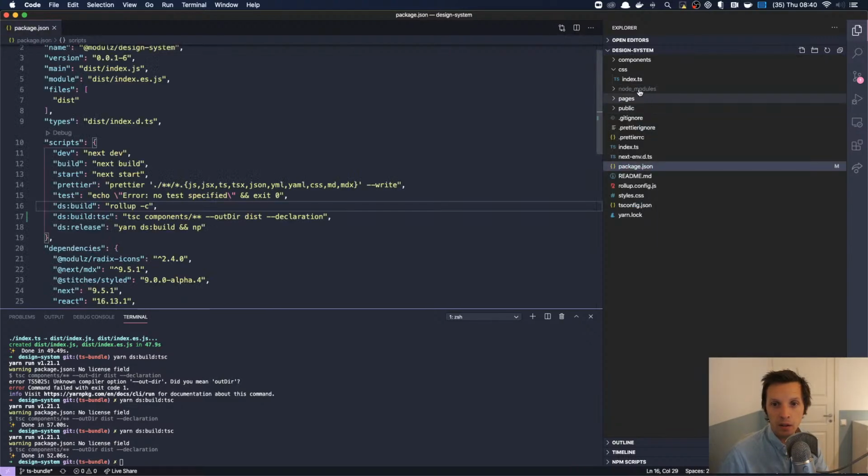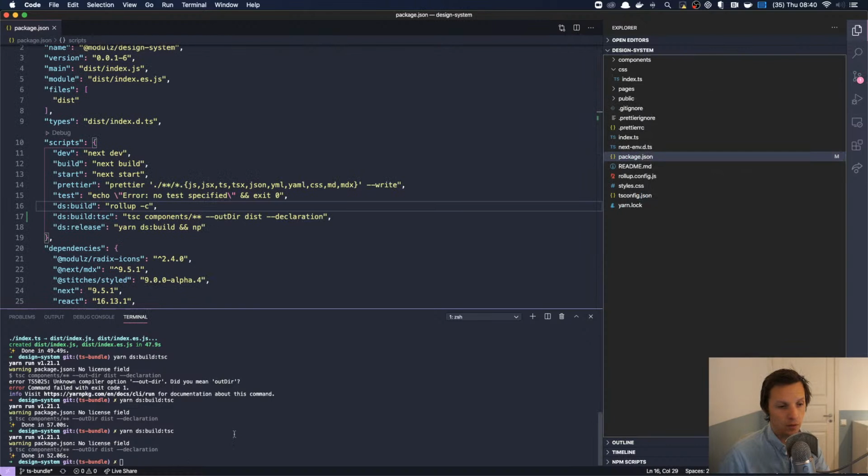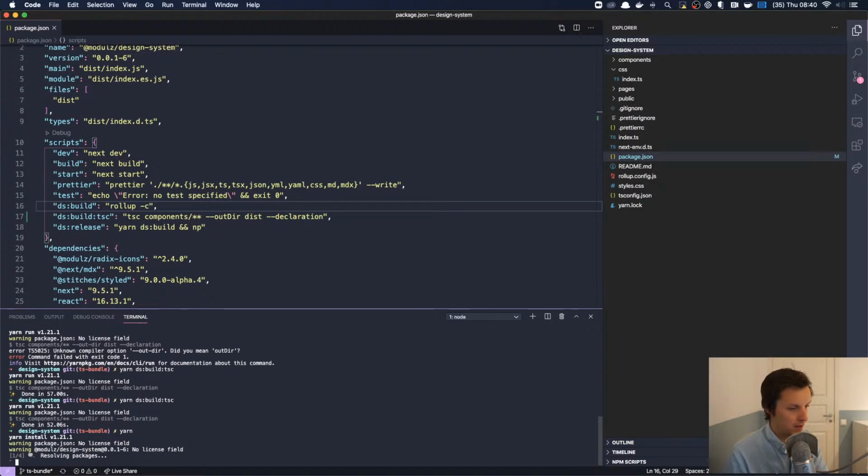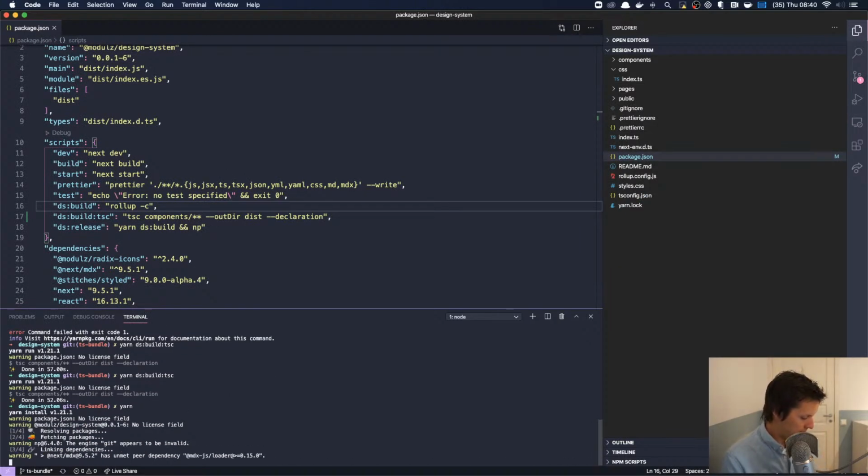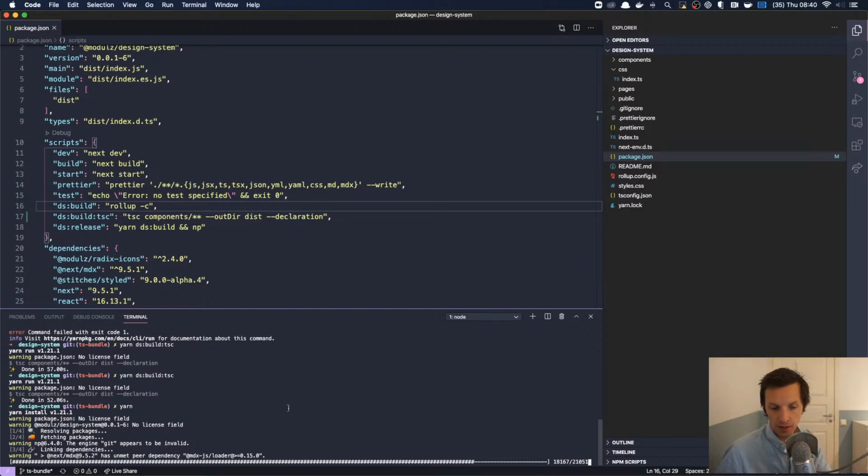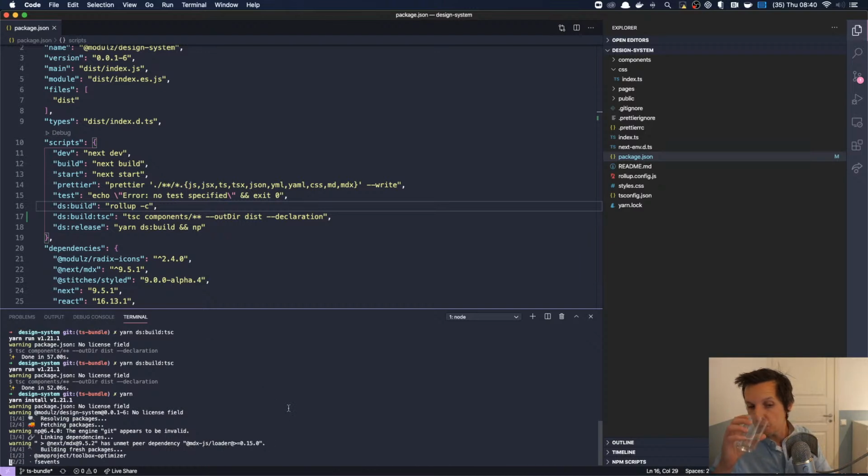Let me try to yarn this thing again. Oh wait, I do think I installed TypeScript 4. That's interesting. Let's do that. Maybe they have improved something, because that's one of the changes. Parcel.